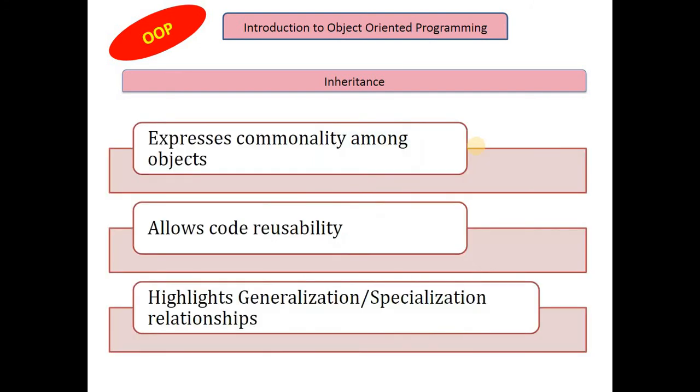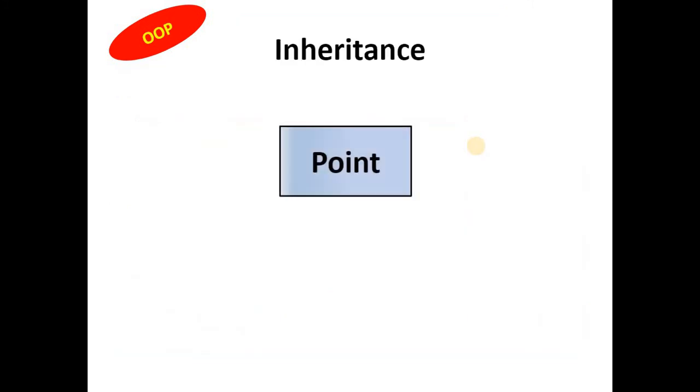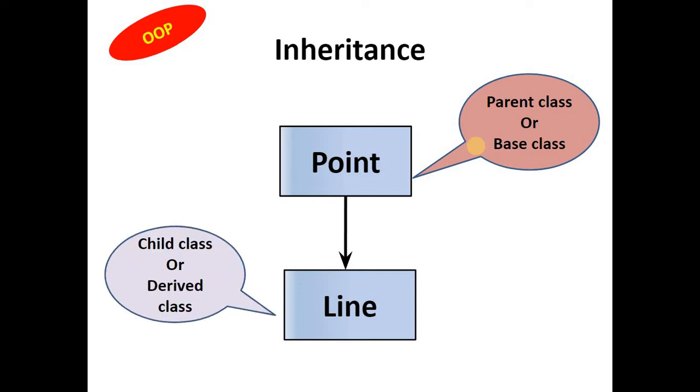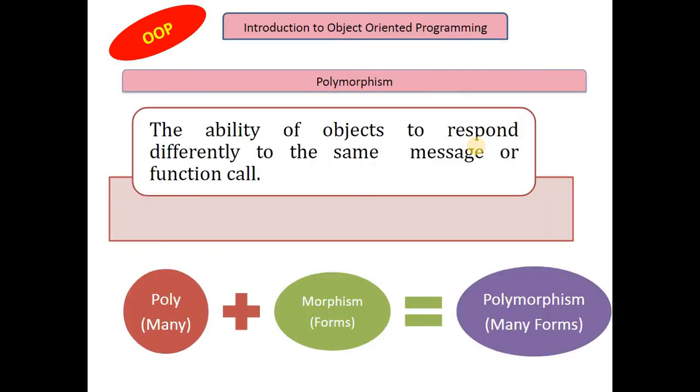So, I can say that there is a commonality among the objects in case of inheritance, and which allows the code to be reused. Whatever shape has done, that has not to be done again and again by circle. Circle can add its own feature, just giving a specialization to that. This is known as what? Generalization and specialization relationship. So, for example, if there is a point and from the point you draw a line, I can say that line is made up of different points which have a similar property. So, I can say point is a base class and line is a child class or derived class which has derived its features from the point.